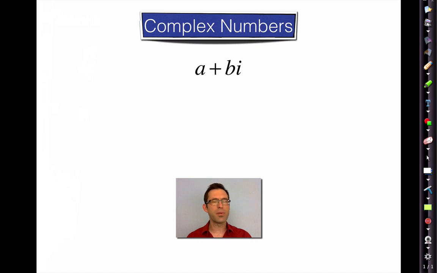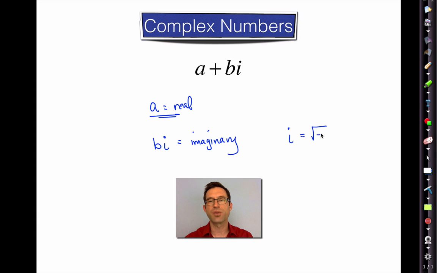A complex number is a very simple idea. You take a real number and you add it to an imaginary number. I just want to emphasize this: we remembered from the last lesson that i was the square root of -1, and this is the basis of all imaginary numbers. If I have i plus i, then by default I have 2 times i. And if I have i plus i plus i, I have 3 times i. Now, these are also